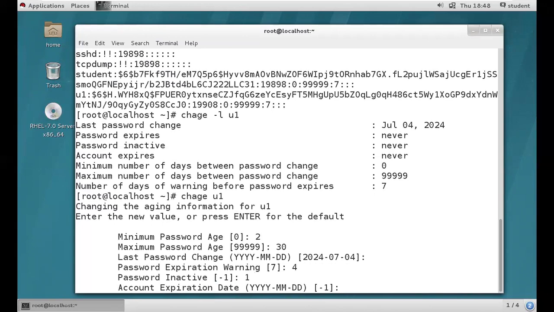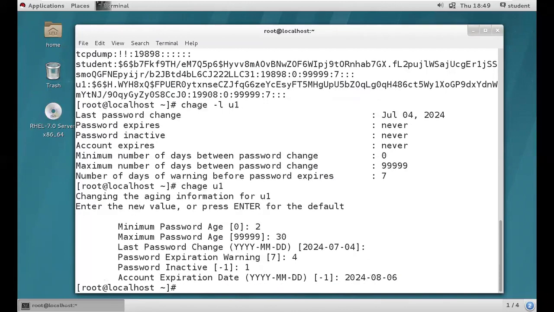Next, the account expiry date. According to the requirement, you can give the account expiry year, month, date, like that. By default, you will have -1. -1 means next month 3rd, it is going to expire. 1 means next month 4th, it is going to expire. But I am providing my own customized date here, according to my requirement. Okay, so 2024, then next month 07, 08, for example 6, I'm providing 06. So next month 6th, the account is going to expire, right?